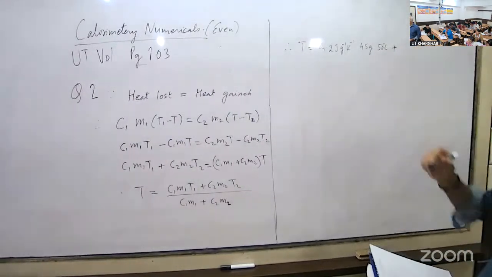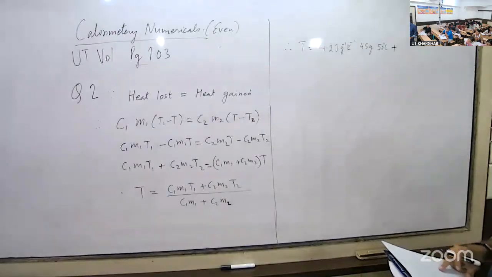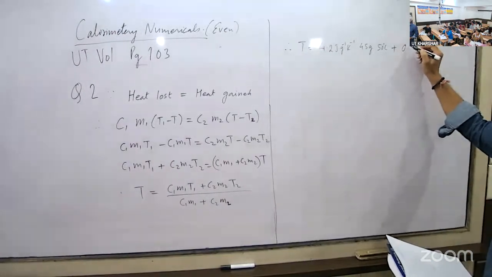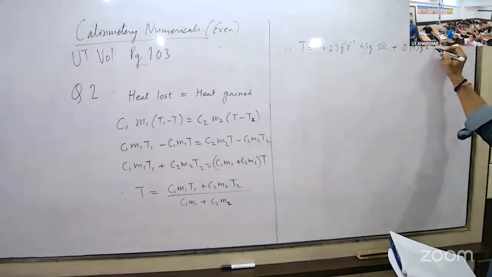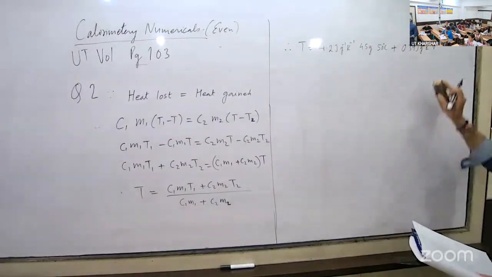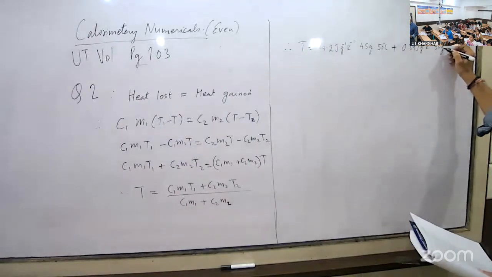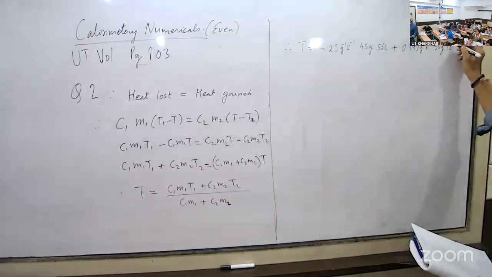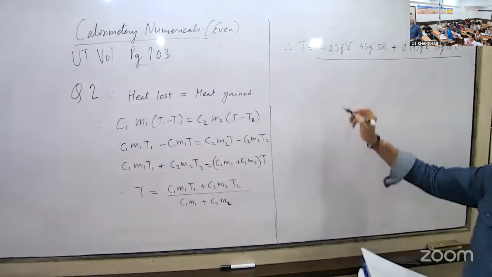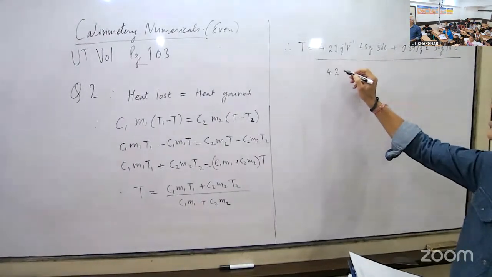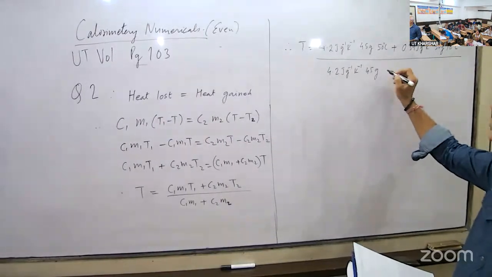Plus, what is the cold substance? The cold substance is copper, and copper's specific heat is 0.39 joule per gram per Kelvin. And the mass of copper is 50 grams, and it is at 18 degrees Celsius. Okay. Here also it is 4.2 into 45 grams plus